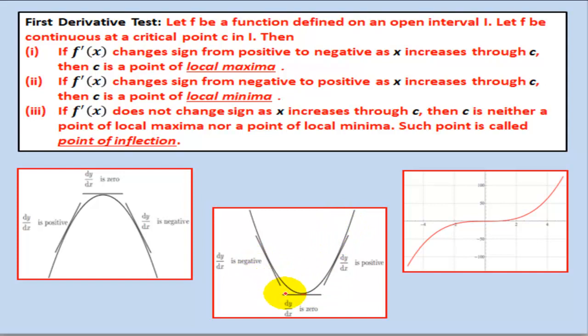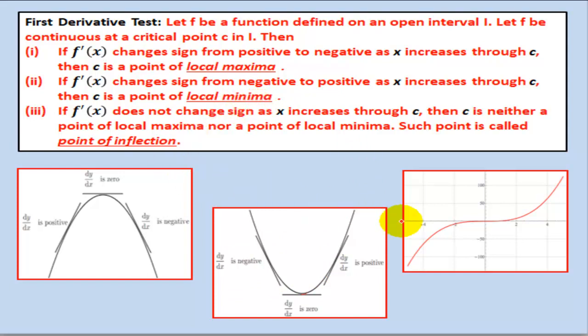That means the sign changes from left to right as we move. So we can simply take a point on the left of C and a point on the right of C. We can substitute those points in the derivative and check the sign of the derivative. If it is changing from negative to positive, the point is a point of local minima. So this is how, using the derivative also, points of local maxima or minima can be obtained.